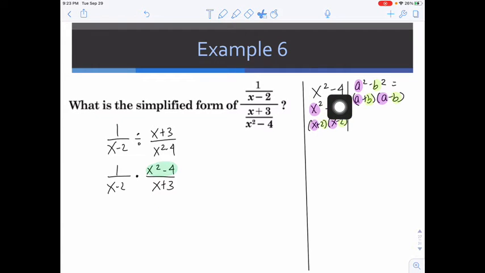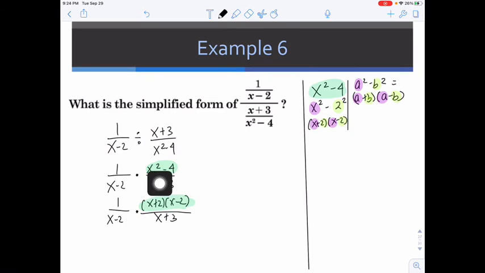X squared minus 4 is a difference of squares. Remember, a difference of squares is a squared minus b squared equals a plus b times a minus b. X squared is already written as a perfect square, however 4 is not, but we can rewrite it as 2 squared. So now our a is x, our b is 2, and we have x plus 2 times x minus 2. Now we can rewrite x squared minus 4 as x plus 2 times x minus 2,